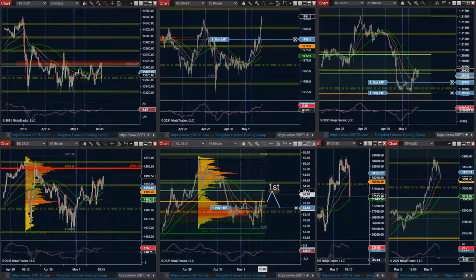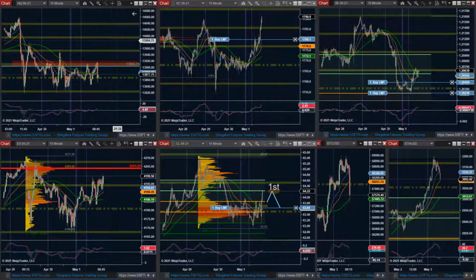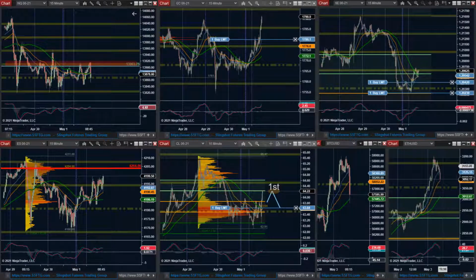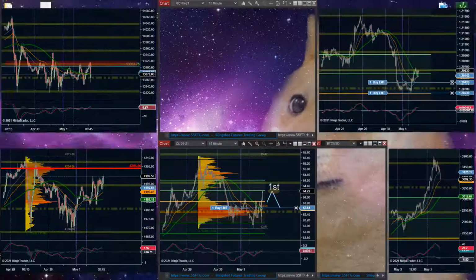Oh, crude oil, thank you. Now pull back. Now pull back. Look at that rejection on the 15-minute. Totally getting sidetracked right now, but look at that rejection on the 15-minute zone. So you don't mess with them. As far as ETH goes for a point of interest, look at the S&P.